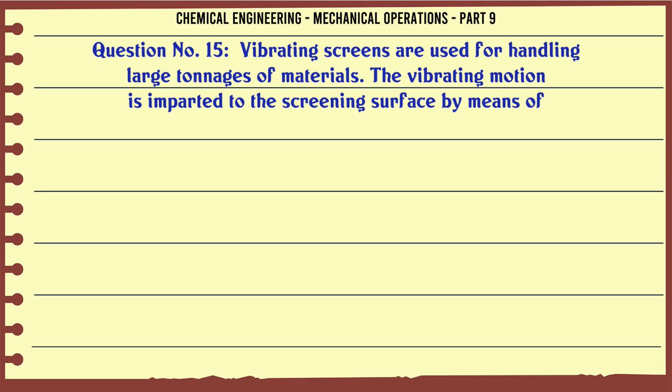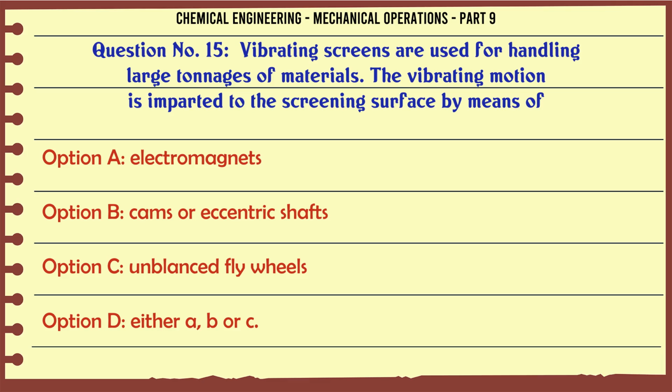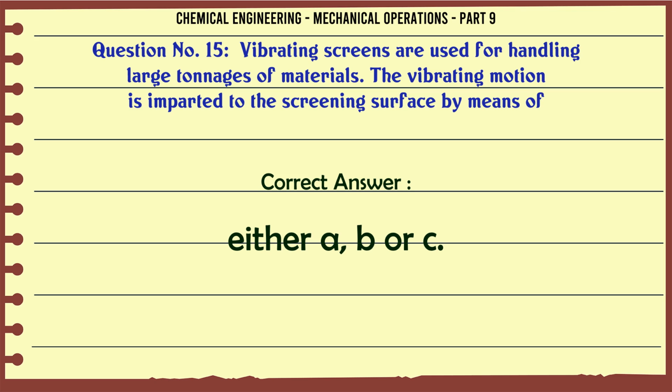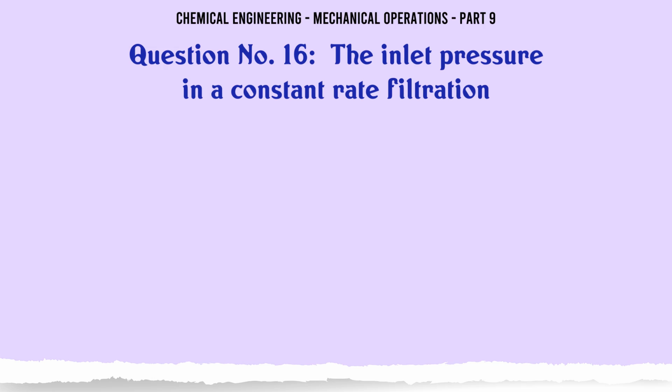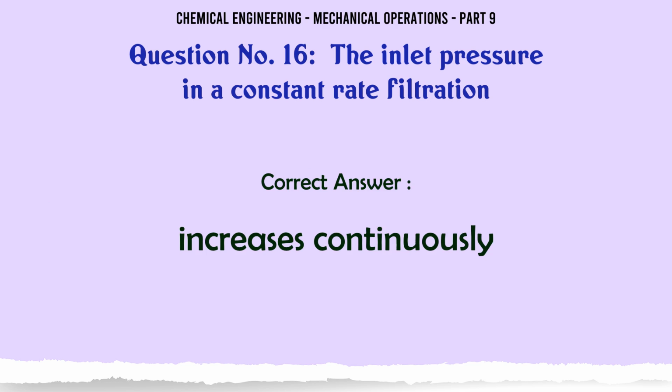Vibrating screens are used for handling large tonnages of materials. The vibrating motion is imparted to the screening surface by means of A. Electromagnets, B. Arms or eccentric shafts, C. Unbalanced flywheels, D. Either A, B or C. The correct answer is either A, B or C. The inlet pressure in a constant rate filtration A. Increases continuously, B. Decreases gradually, C. Remains constant, D. None of these. The correct answer is